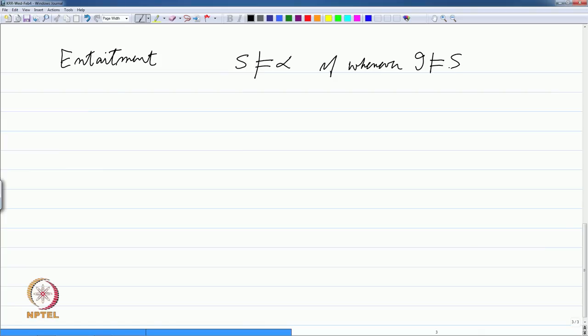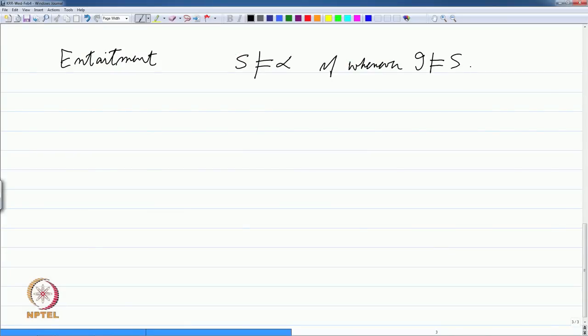So, what do we mean by whenever an interpretation I entails a set S? It basically means whenever we have a model for S, which means that we have chosen a domain and an interpretation mapping for the domain. So, whenever the set of sentences S is true in an interpretation, then the sentence alpha must also be true in that same interpretation. This is how we carry forward the notion of entailment to first order logic. We are saying that if S has a model, then alpha must be true in that model. So, that is the notion of entailment.